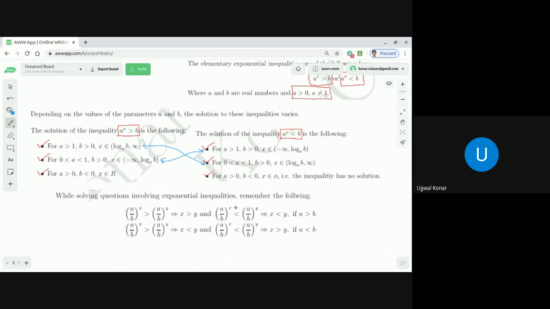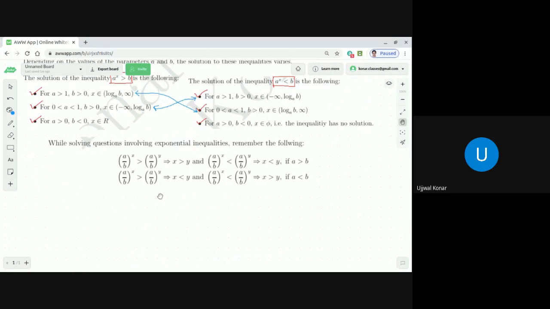But that case is completely inverted when a is less than b, that means when a/b is a proper fraction. (a/b)^x > (a/b)^y actually implies x < y. If you have the smallest confusion, we can have a look into it. Let's look at a proper fraction, 1/2, just to explain this particular case. (1/2)^3 and (1/2)^4. Which one is more, dear students? (1/2)^3 or (1/2)^4?